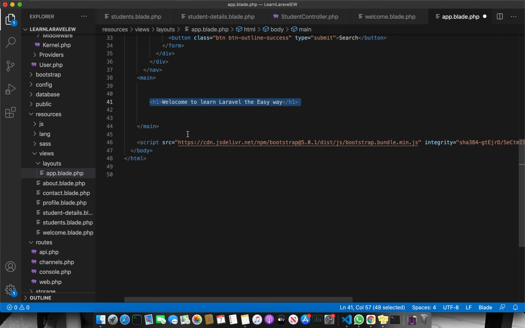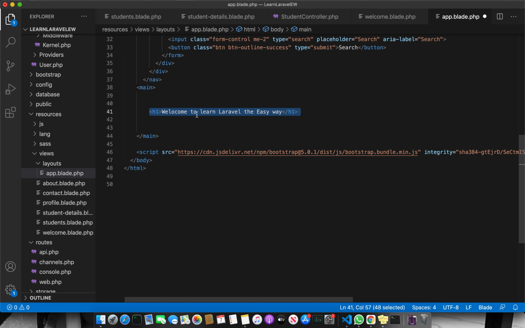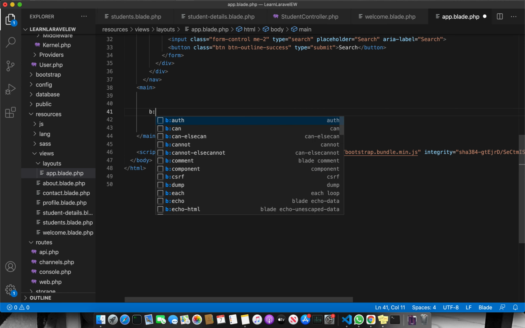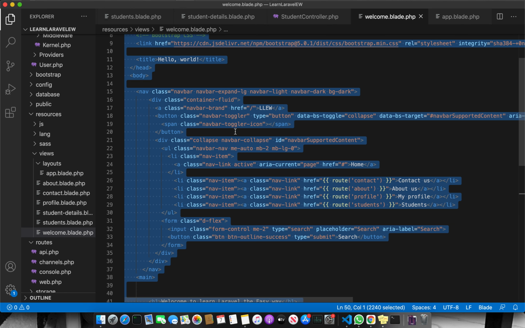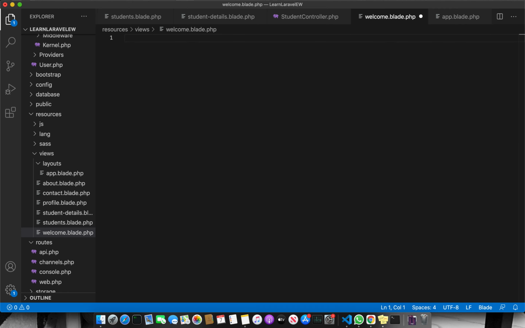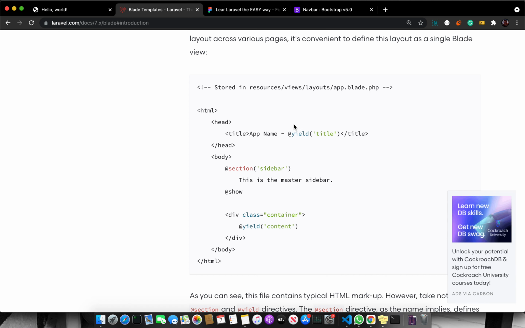What we basically want is, when it loads this layout, it should replace the contents here with a yield, and it should be called content. This is where content is going to be displayed. But for us to be able to achieve that, we have to do what we call